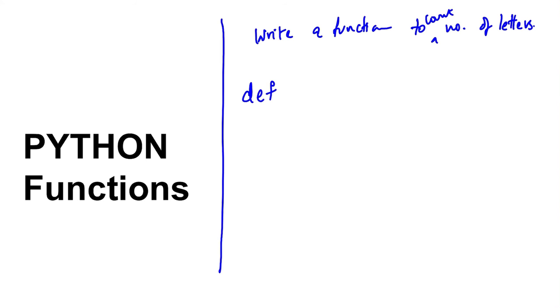def is the keyword which is used to create a function in Python. We write def, a space, and whatever name you want to give. Let me give it count_letters, and in the brackets let me give an argument of text. Whenever a user calls it, he has to give some argument inside these brackets, which will be taken as text, and we will perform the operation over here.